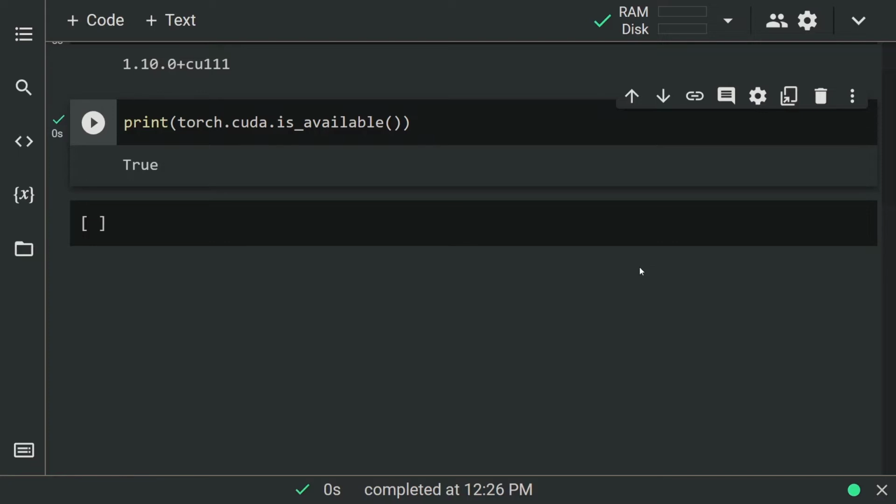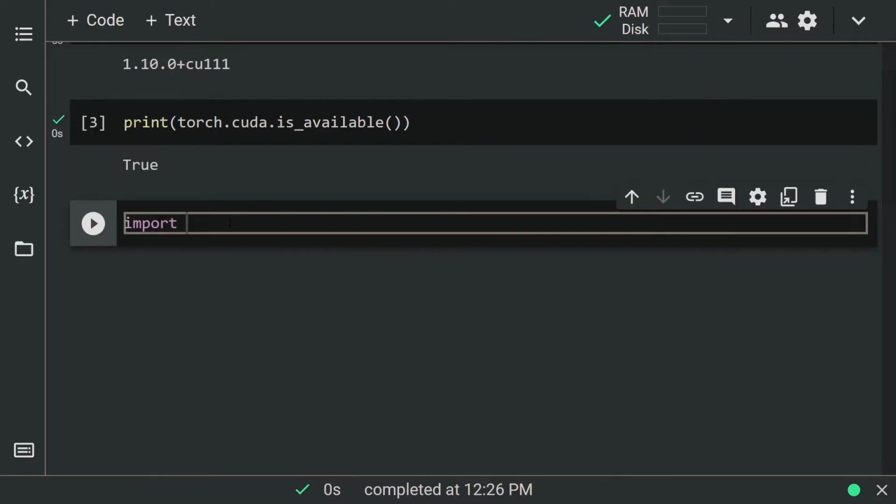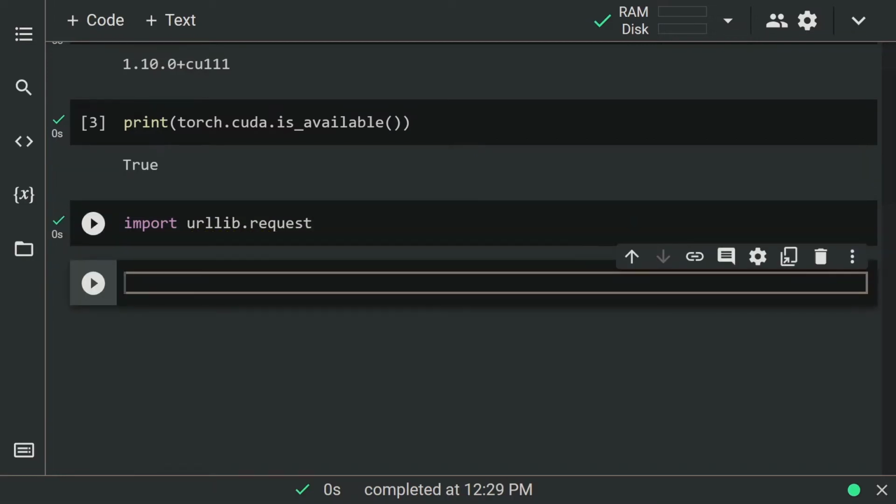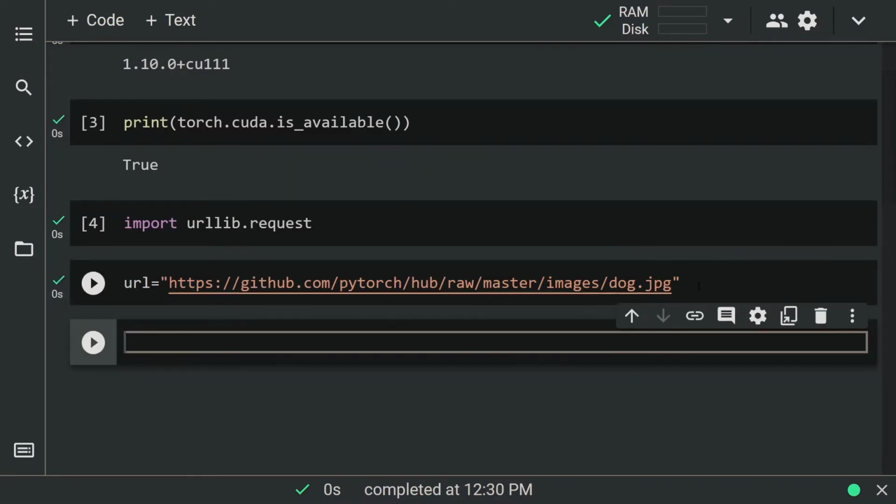Let's use the urllib library to pull an image from the web. First, let's import this library: import urllib.request. Okay, now let's take a URL variable and assign the link of the site where I will get the picture to this variable. URL equals, let me paste this link. Okay, I assigned the link to the variable. You can find this link in the description box below.